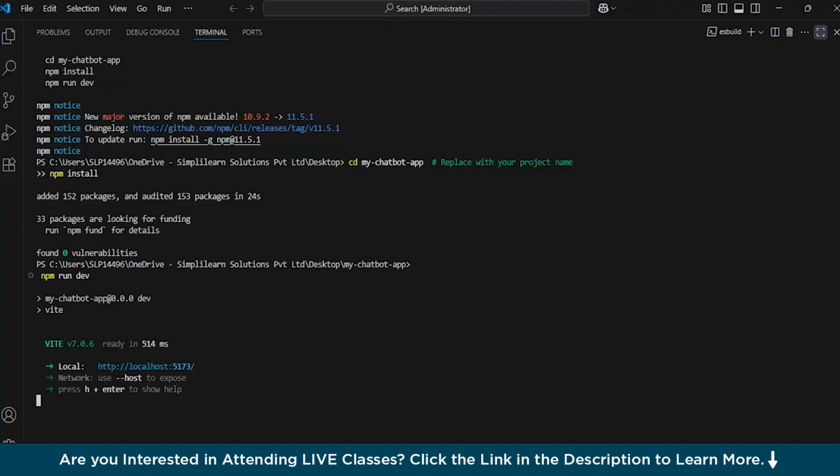After the installation is completed, the exciting moment arrives to launch our application for the first time. By running npm run dev, we activate Vite's development server, which compiles our code and serves it locally. The terminal then conveniently provides a local URL, which here is localhost:5173, which when pressed or entered into a web browser instantly displays our nascent application, allowing us to see our project come to life right from our machine.